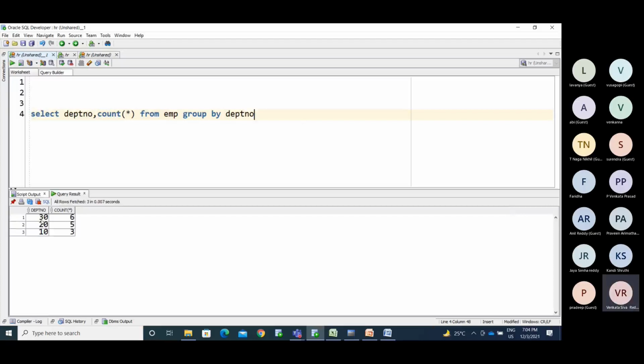Now you are getting it in this way, so vertical. Now I need the data in the form of horizontal.